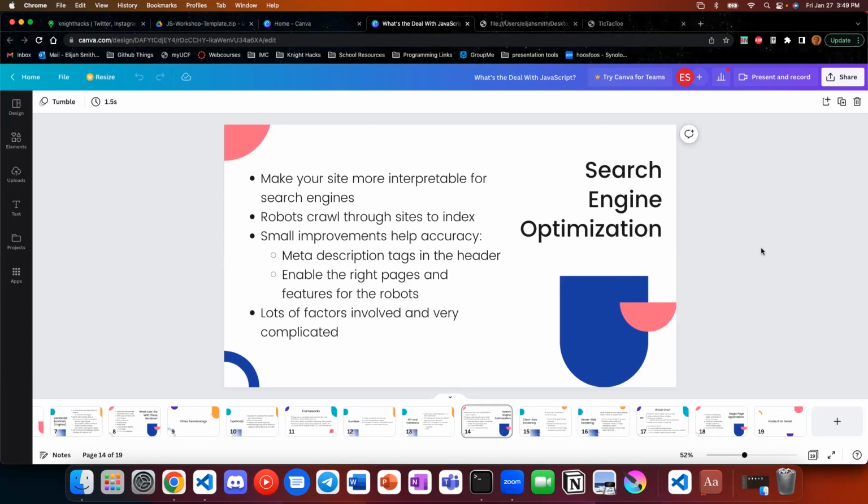So what you can do is small little things to your website that help search engines understand your content better and rank it more effectively for searches that should match your site. So if I have better SEO, then when someone searches for something that my site should theoretically pop up for, it's going to be higher in the list than if I had poor SEO, which depending on what you're doing, you may or may not care about.